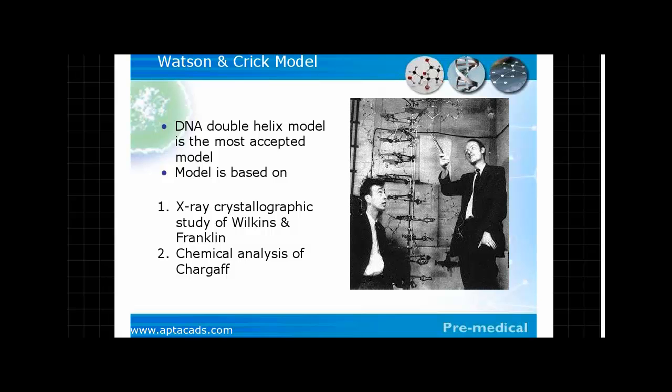Now let's talk about the Watson and Crick model. The moment we understood the chemical nature of DNA, now our task is to understand in 3D space how these molecules are arranged, which is often explained through a model. From time to time different models have been given, but the most accepted model was given by Watson and Crick, which is popularly called the double helix model. This model is based on two most important studies. These are